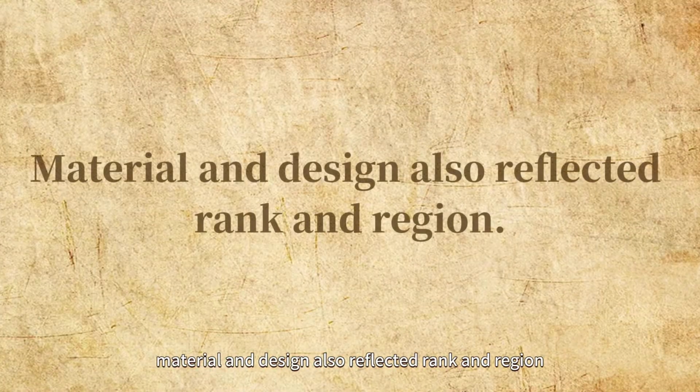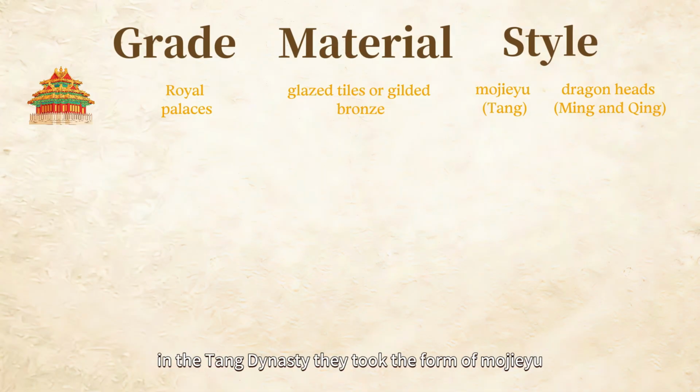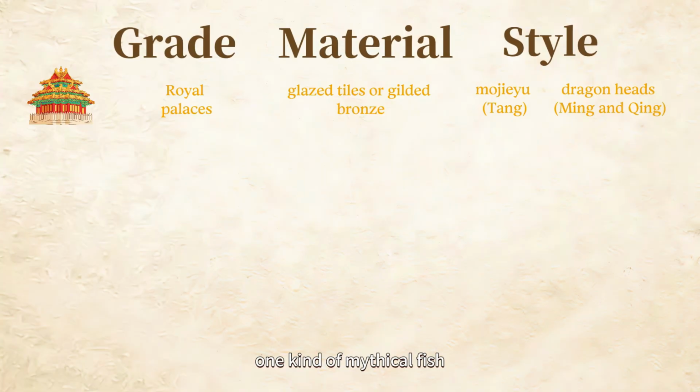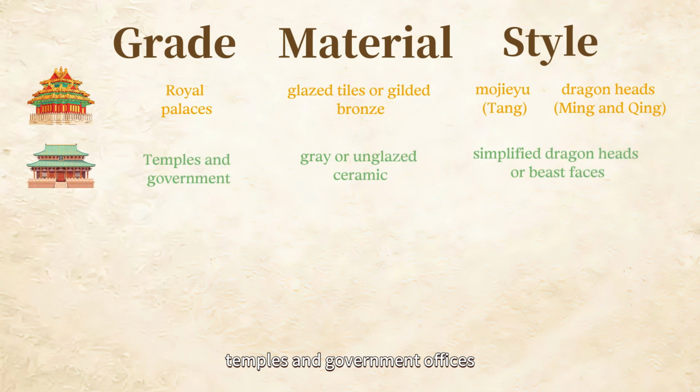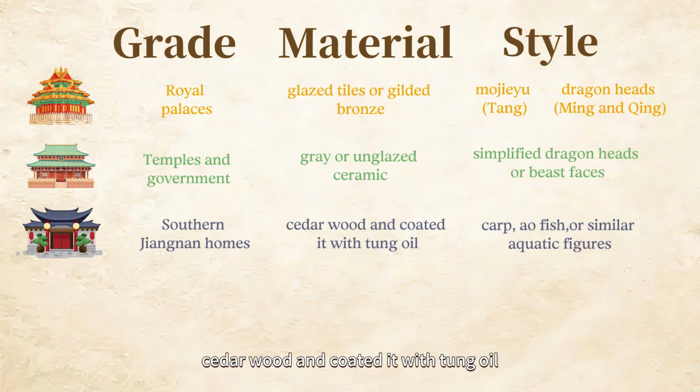Material and design also reflected rank and region. Royal palaces often used glazed tiles or gilded bronze. In the Tang Dynasty, they took the form of mojiyu, one kind of mystical fish. And by the Ming and Qing dynasties, they were dragon heads. Temples and government offices used gray or unglazed ceramic with simplified dragon heads or beast faces. In southern Jiangnan homes, craftsmen carved cedar wood and coated it with tung oil, making carp or similar